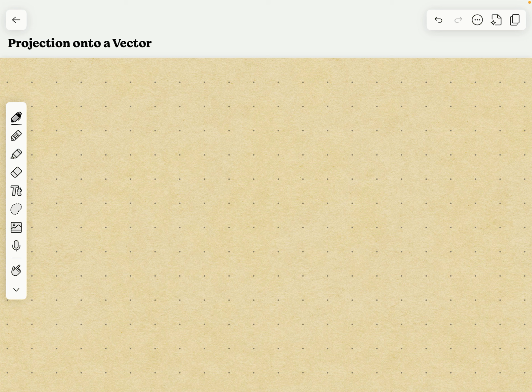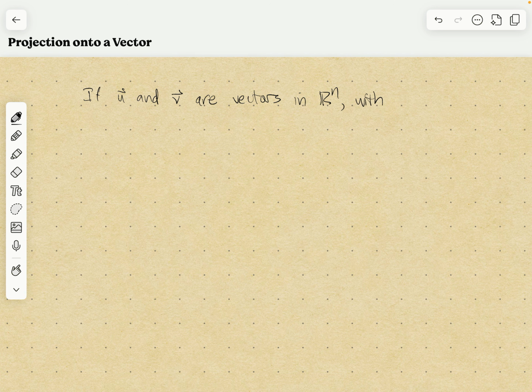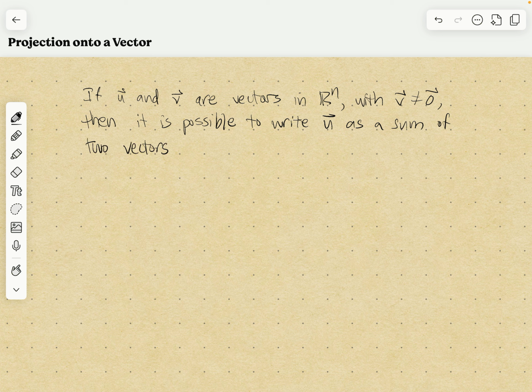So if you have two vectors, u and v, so if u and v are vectors in Rn, with v not equal to the zero vector, then it turns out that it is possible to write u as a sum of two vectors, say w1 and w2,